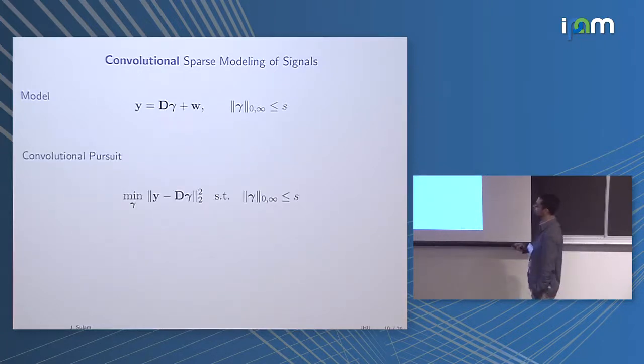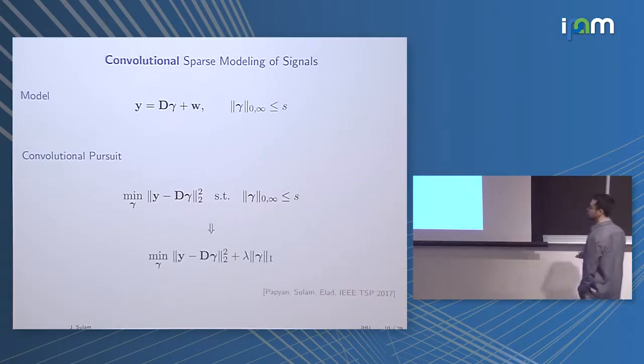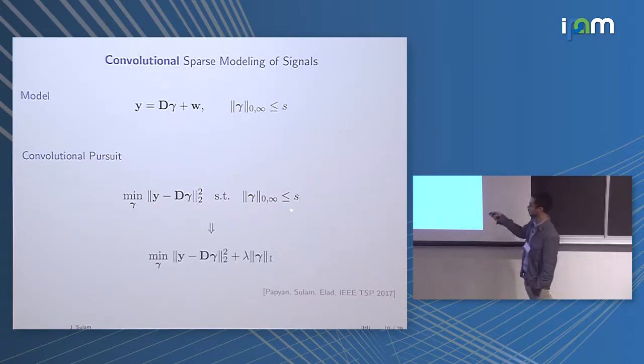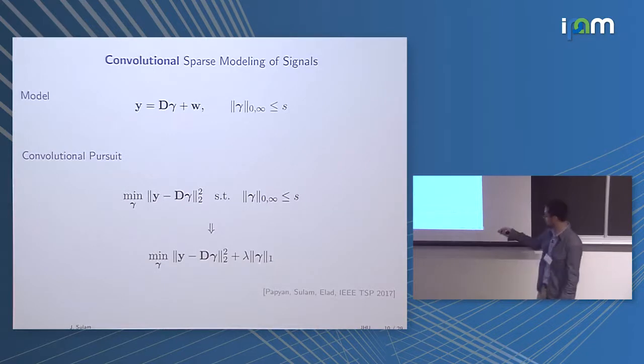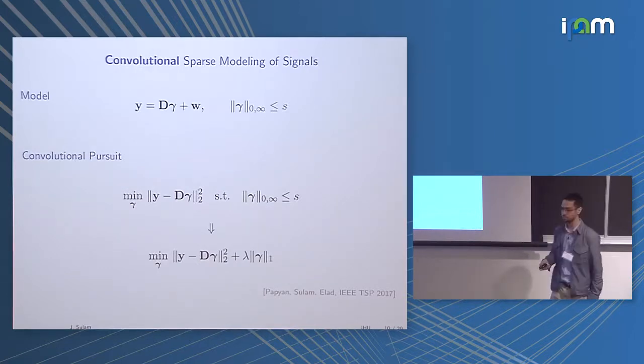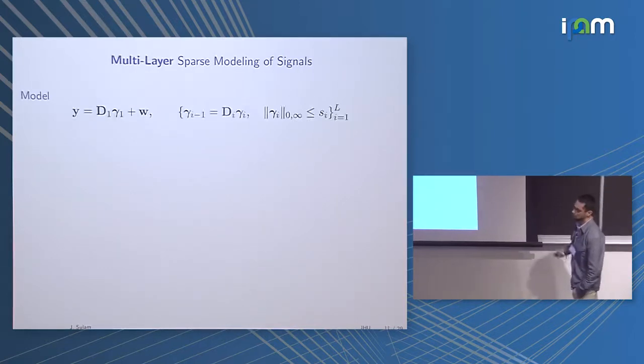And so the way to go about this in terms of a pursuit is minimizing a reconstruction error subject to a constraint on the zero infinity norm. And interestingly, we can still use the L1 norm as a relaxation for the zero infinity norm. What I mean by that is that just like it was shown that the solution of the L1 under certain conditions recovers the solution of the L0 problem, so the L1 recovers the solution to this zero infinity problem here, which is quite handy because we're going to be using these relaxations a lot. Okay.